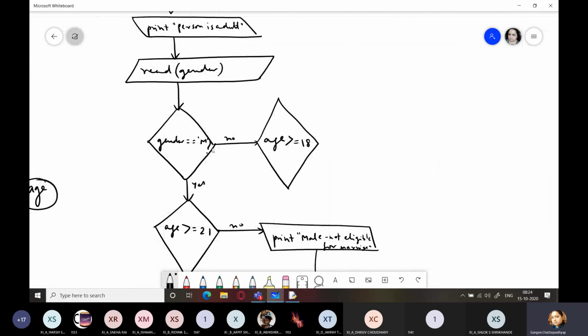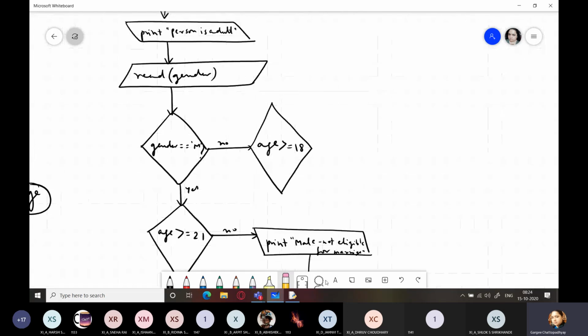So if the person is not male, it implies that the person is a female, and hence we don't need to check this condition once again. There is no need of checking whether age is greater than 18 again.